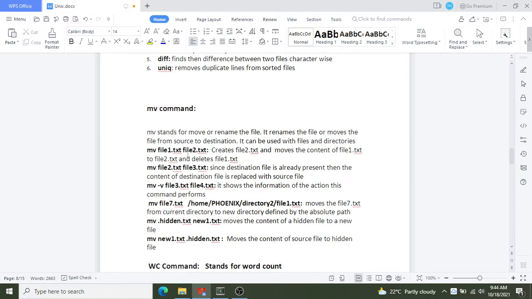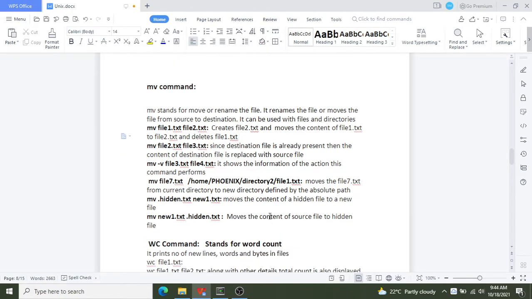Okay, so this is what we did. This is the first command we completed. Now suppose we are doing the rename operation, and whatever destination file name we are giving, that file is already present, right? So here if you see,